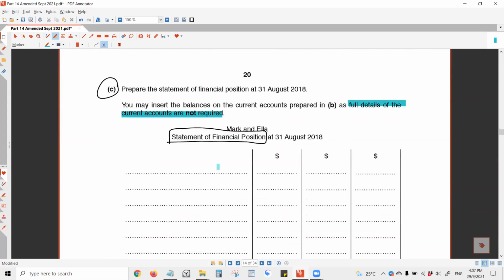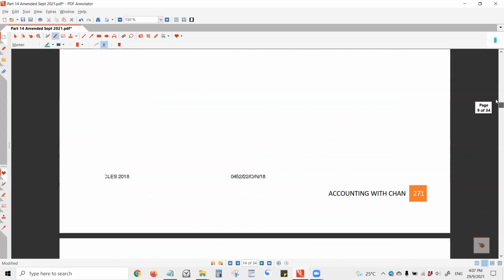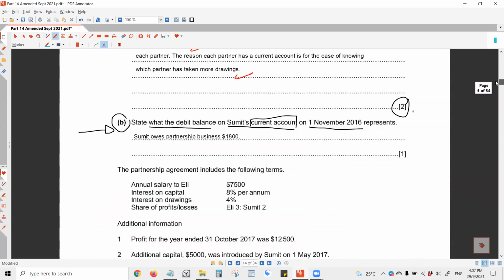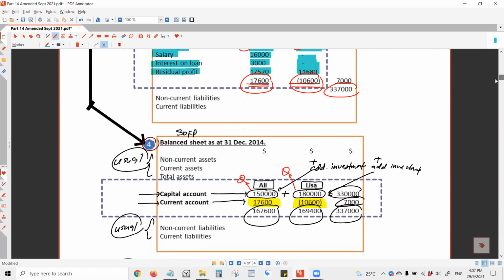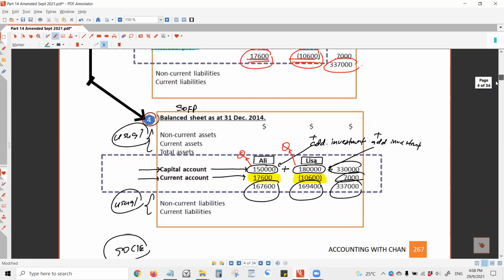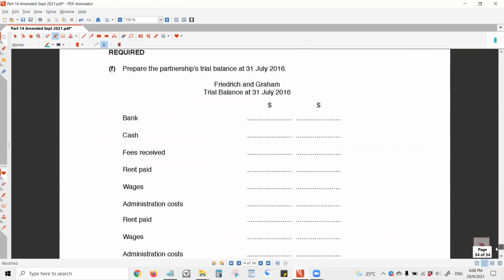If you flip a few pages more behind, you would see these two kinds of questions repetitively. So you must know what to do in each situation. So that's it for this topic. Once again, all the questions behind are past exam questions. You finish all of them. If you have mistakes, you learn from the mark scheme. If you have questions, you let me know. Then I can guarantee you that this topic should not give you any more problem. If you see a question for partnership in the exam, you should not have any more problem.